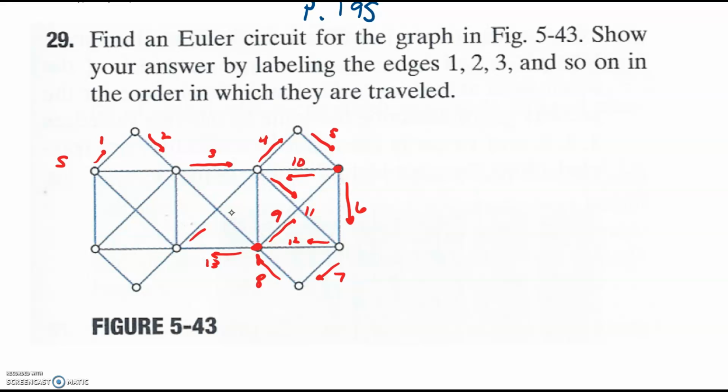Then I'm going to go diagonal up for 14. Then I'm going to go back down for 15. Then I will go diagonal this way for 16. Then I will go down for 17. Then I will go this way for 18,